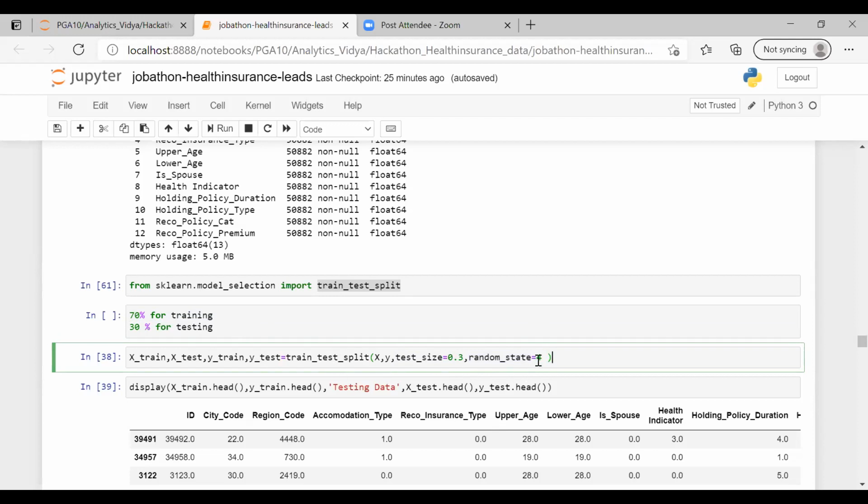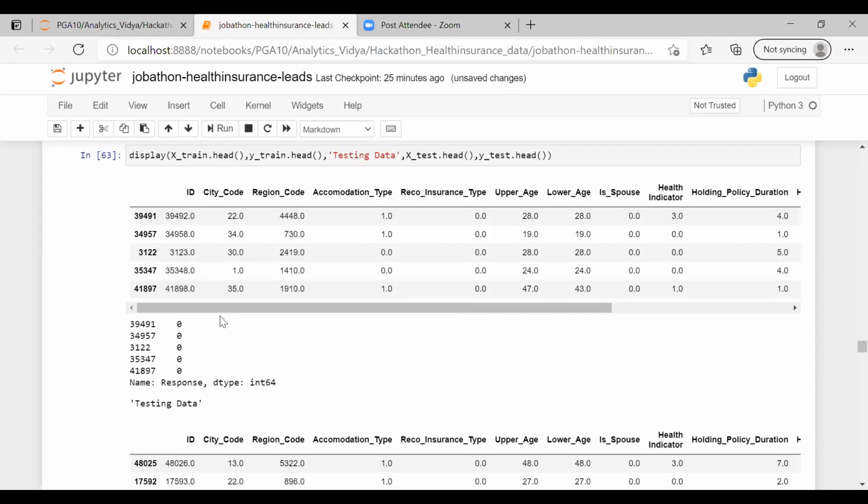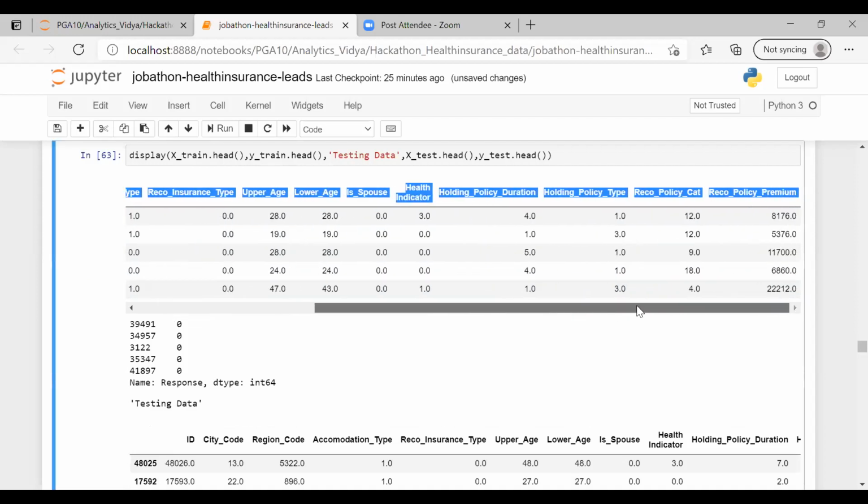What it will do is freeze the train test split. If I remove this parameter here, every time the model runs, it's going to do a random split. But because of this random state of 4, I'm going to freeze it. Okay. So if I see my train test split, this is my training data with all the variables.